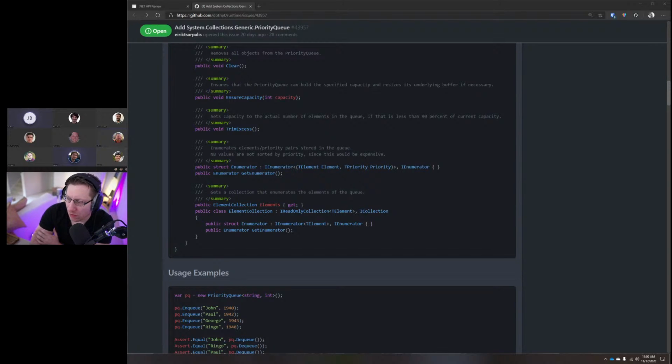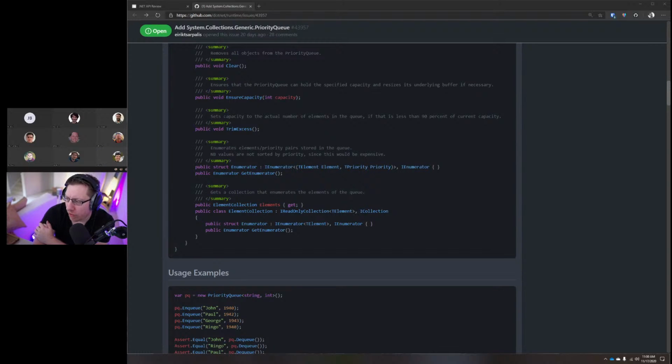I don't know, Eric. Why do you have 2 enumerables already? So I think that in certain cases you do not care about the priority at all, so you just want to get the elements in the queue. Yeah, in my case, we look at dictionary, right? It has keys and values separated out, and it's super convenient because very often you just need an enumerable for one of them, and you don't have to do the dot select. Correct. Yeah.